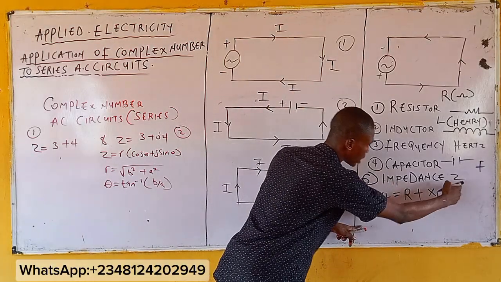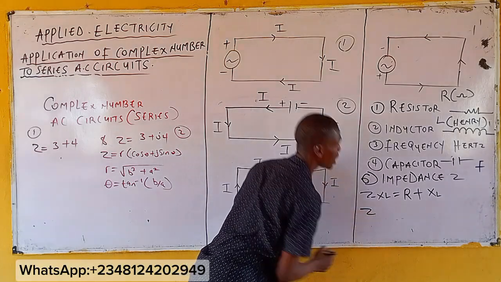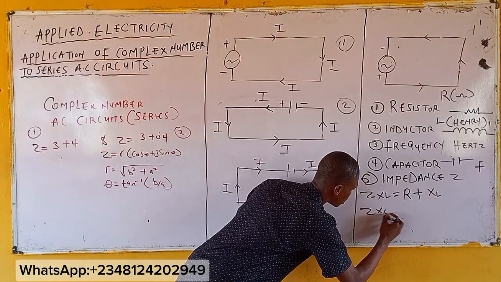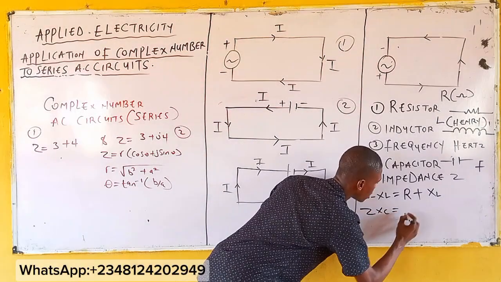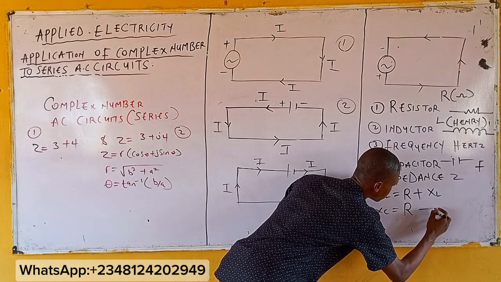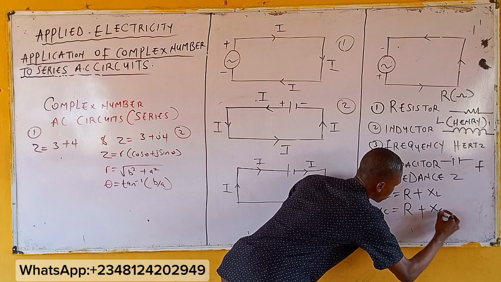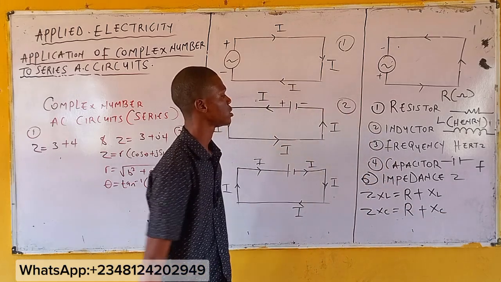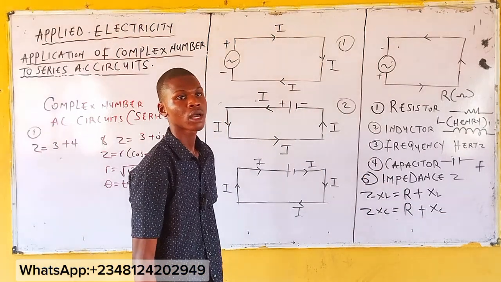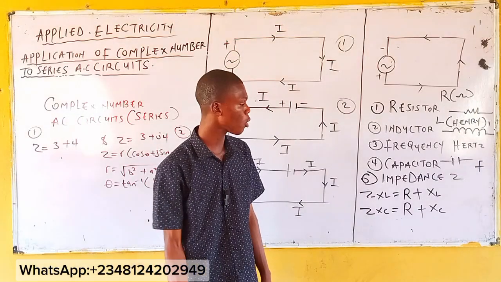Now, this is impedance, right? This is the impedance of inductor. Now, the impedance of capacitor, that would be what? Who can tell me? R plus, R minus, okay? R plus XC. Alright, now R plus XL, R plus XC. Then lastly, before we move on,